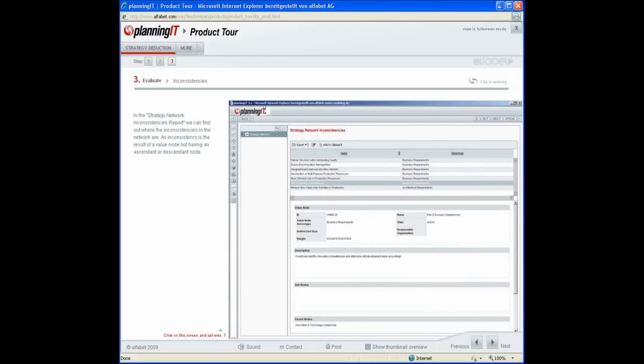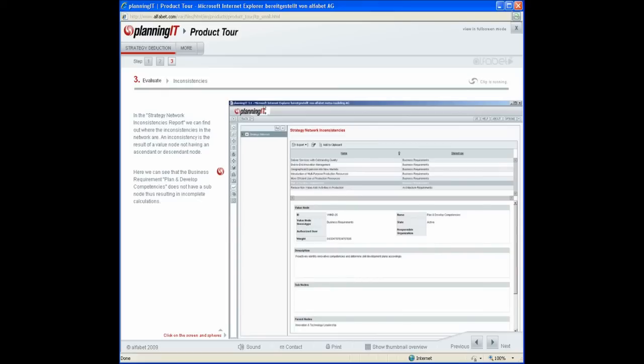Inconsistencies. In the Strategy Network Inconsistencies report, we can find out where the inconsistencies in the network are. An inconsistency is the result of a value node not having an ascendant or descendant node. Here we can see that the business requirement, plan and develop competencies, does not have a subnode, thus resulting in